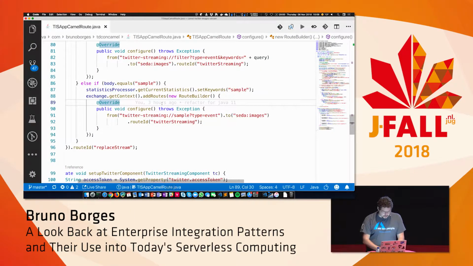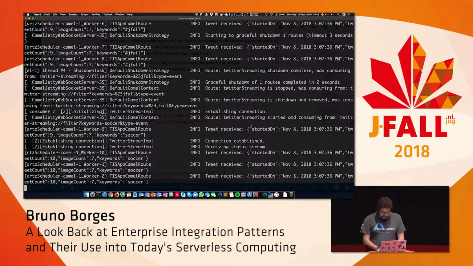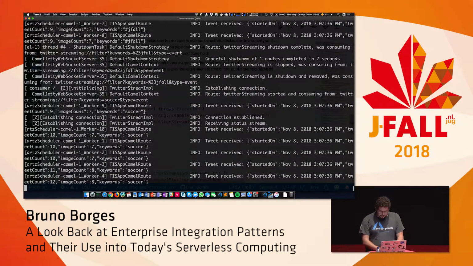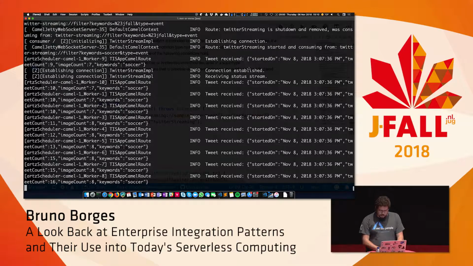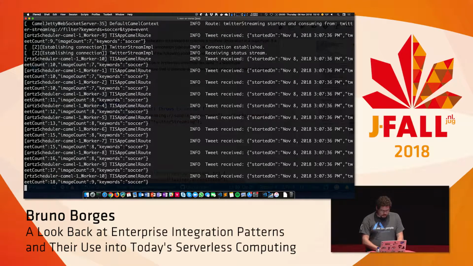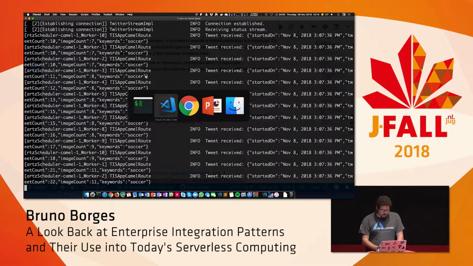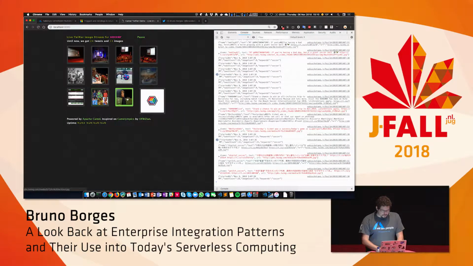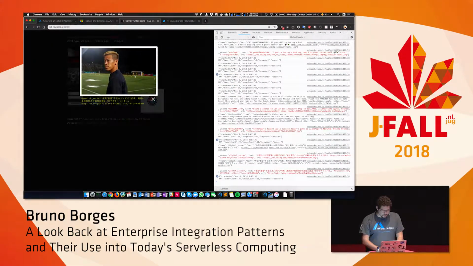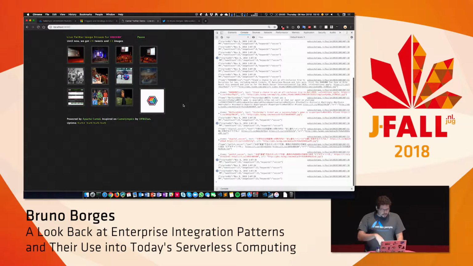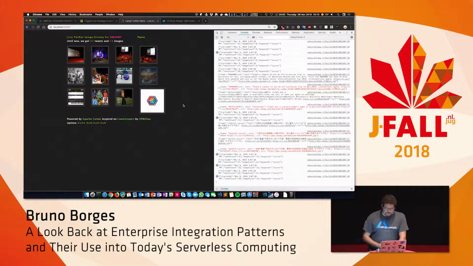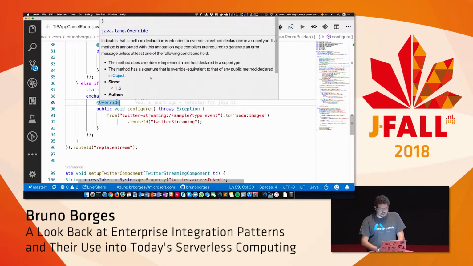As you can see on the terminal, it stopped the Twitter streaming route and started over with a different keyword. So now it's just soccer, and it's getting some images like this handsome soccer player from this unknown team in Japan. So you can get an idea of the sort of code that you can write with Camel.